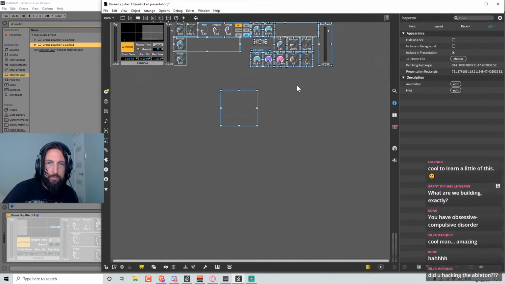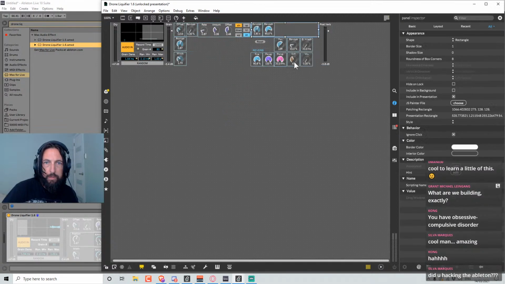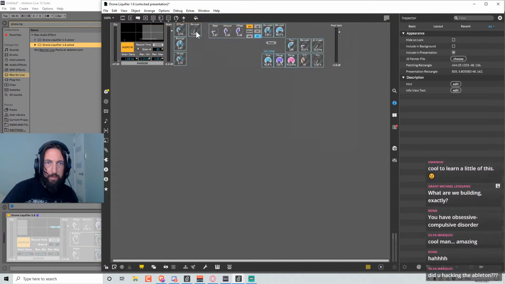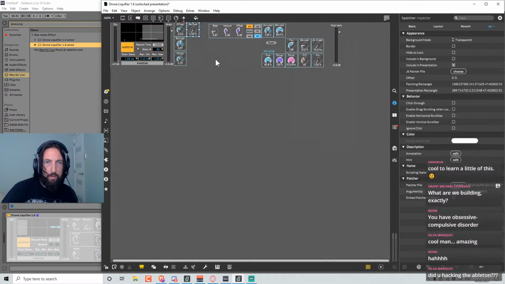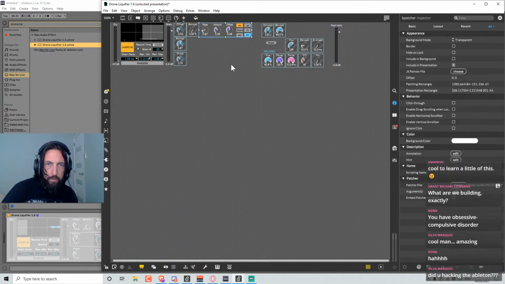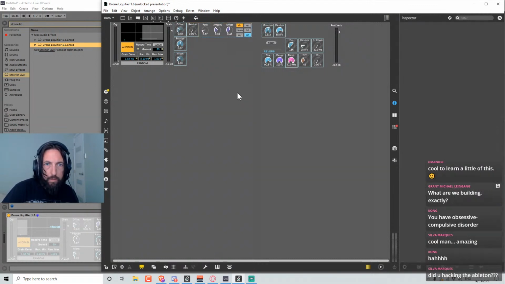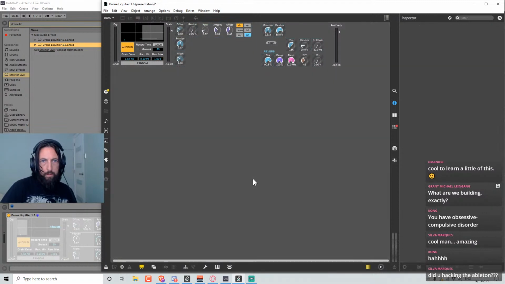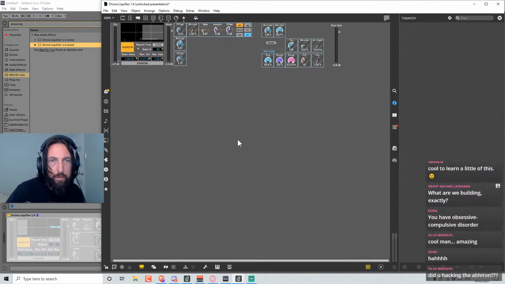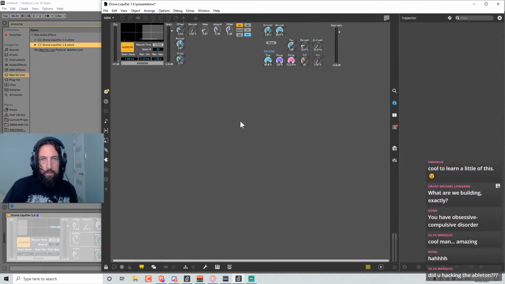And let's start getting a little bit of structure going on here. Good. This needs to go up. It's cool, so we can change the LFO options here.